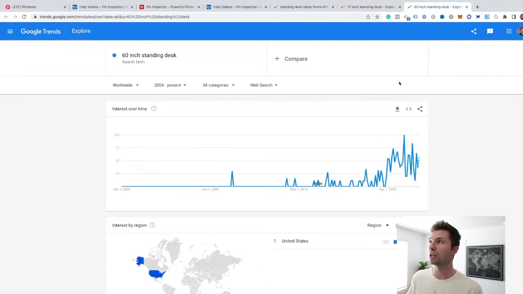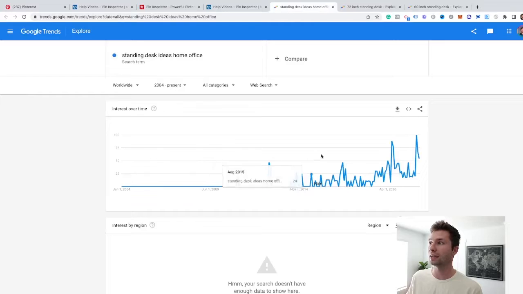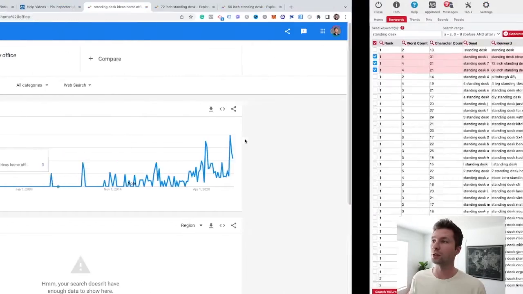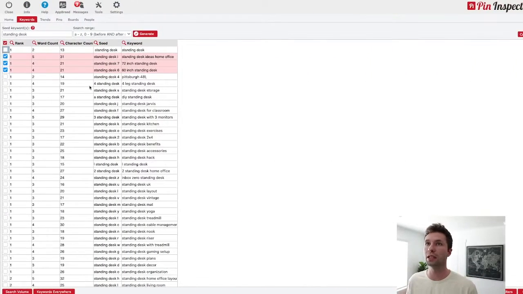As you see, that is trending pretty hard right now. If we come over here to this standing desk, same kind of thing. So this gives you an idea of basically cross-sourcing your keywords to see if they really are trending. So now if we come back over here to Pin Inspector,